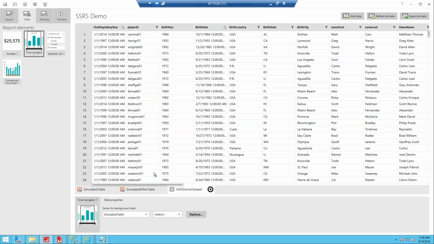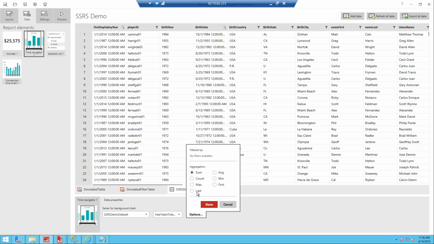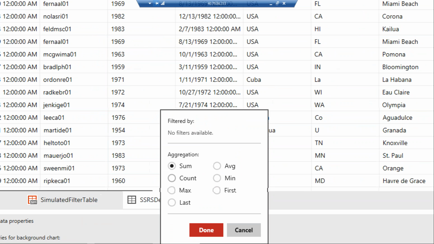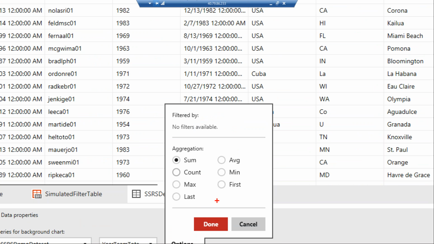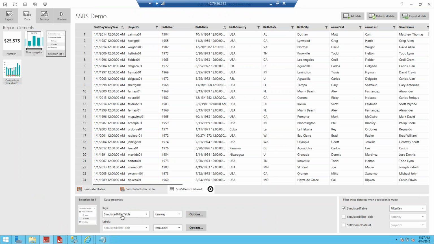I'm not going to spend too much time in here because just for sake of time, I'll just wire these up really fast. For the time navigator, basically I'm switching over to my data set, and then for the visual of the bar graph, I can pick which number I'd like to aggregate. So I can do the same one there, year team total salary. When I click on options, I have a few options for how I'd like to aggregate that. So it does some basic aggregations for us, like sum, count, however I'd like to aggregate that data up to the year level. Selection list, I'm going to switch that over as well very quickly